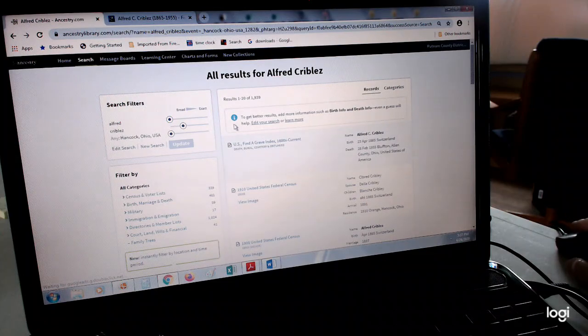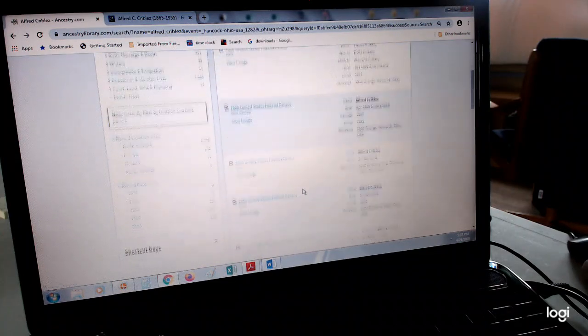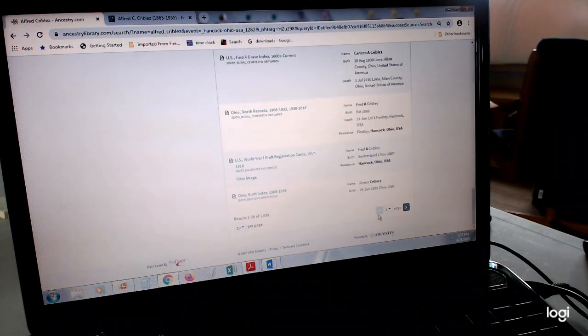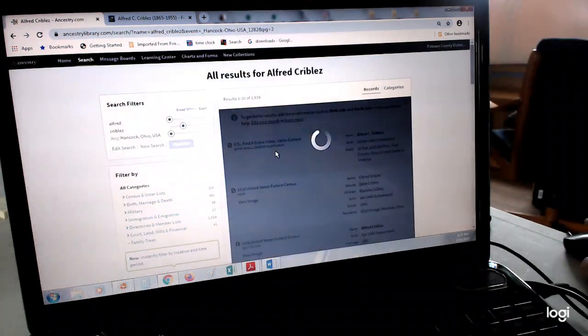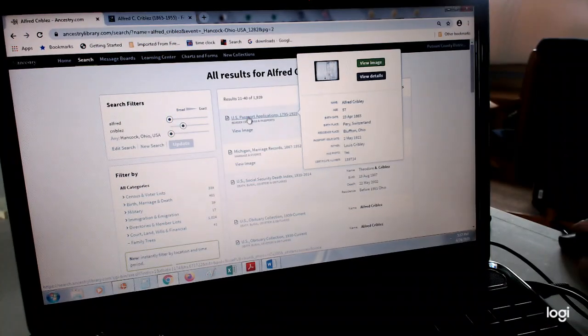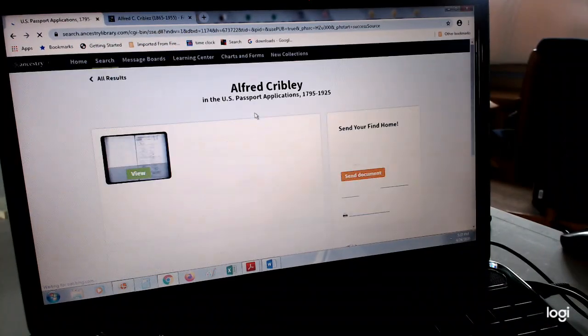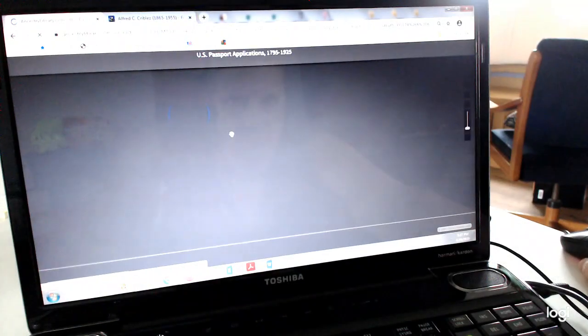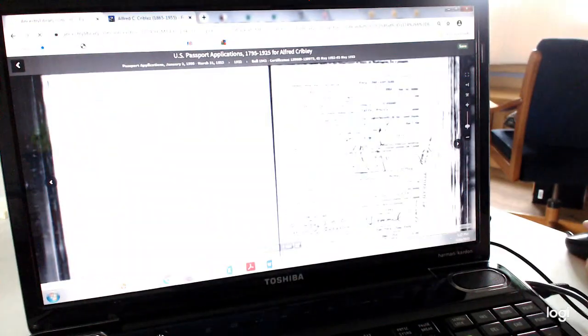So they lived RFD 2. And I think if we keep going, let's go to the next page. There's a certain type of record. Here it is, U.S. passport applications. I never realized these were on Ancestry till I went to look for this gentleman, and I found this out. And if you get lucky enough to have somebody with a passport application, it is wonderful. It is a wealth of information. So let's look at Alfred's.